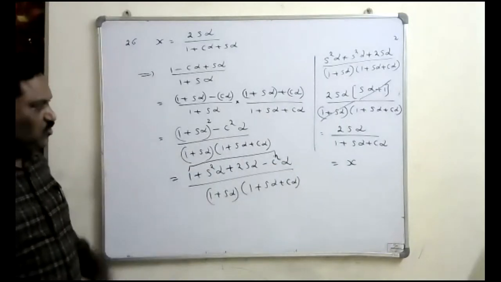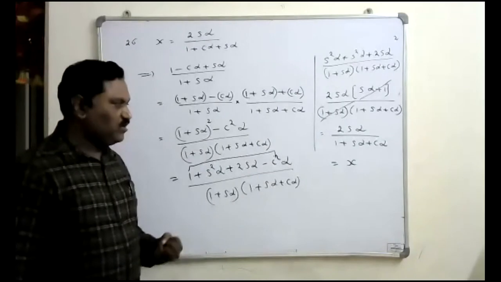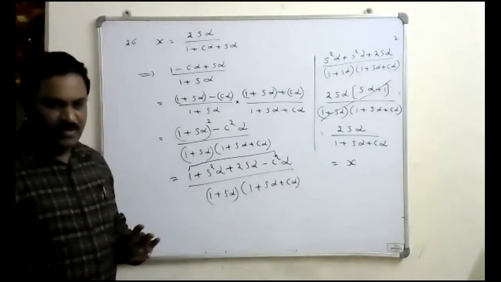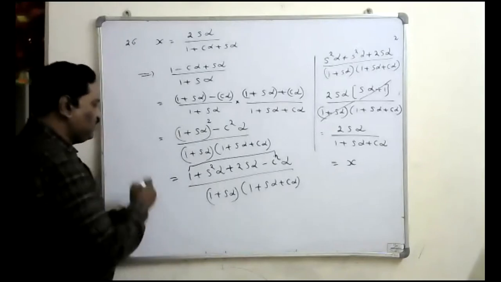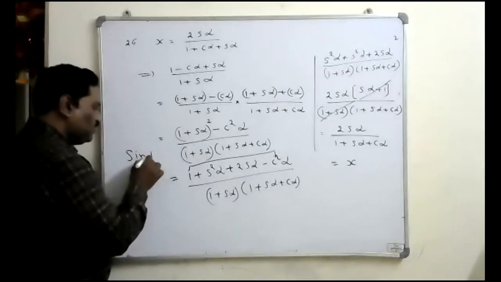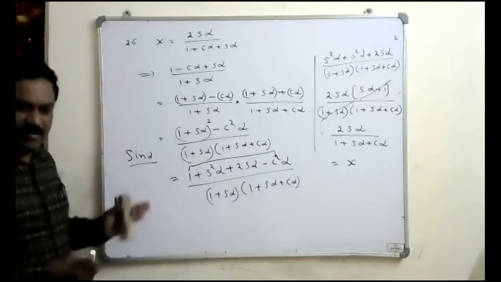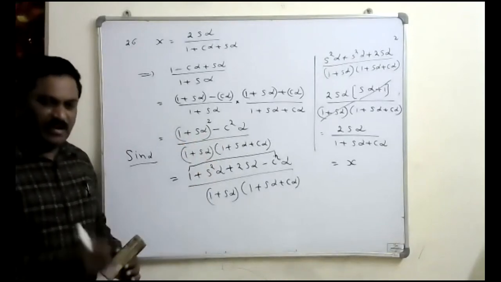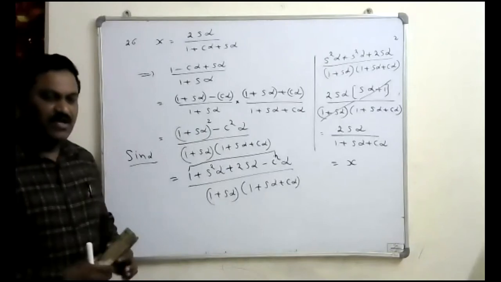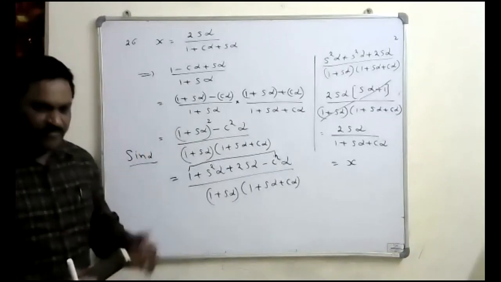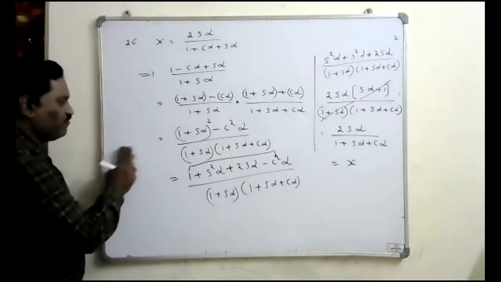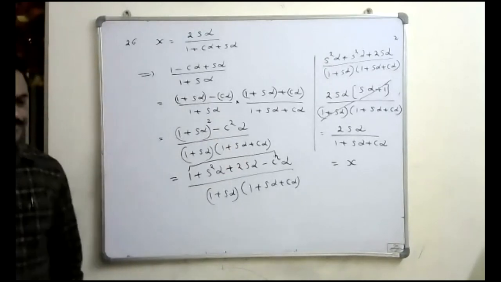Understand? In these calculations you can observe that you have written sin and cos so many times. If you write sin α directly, it will take a lot of time to complete the problem. That's why I have given the shortcuts: sin α, simply write S α; cos α, simply write C α. Then you can do the calculations and save a lot of time. Take that.